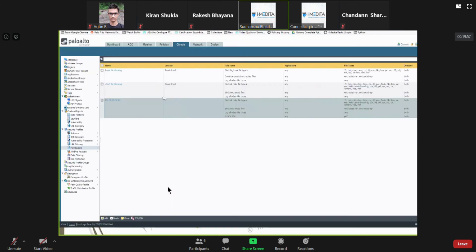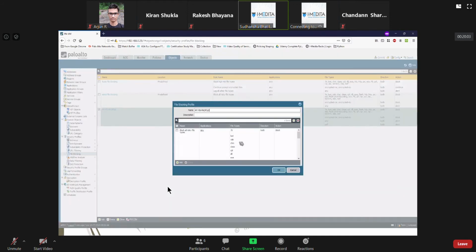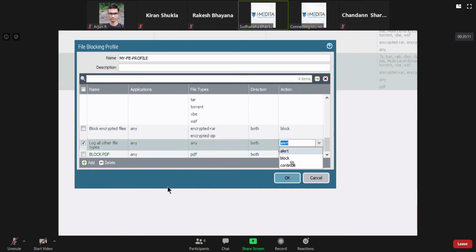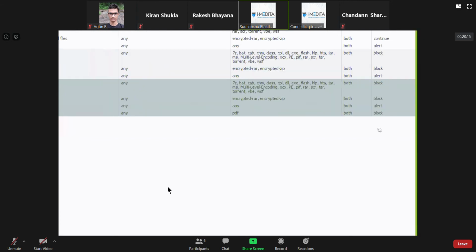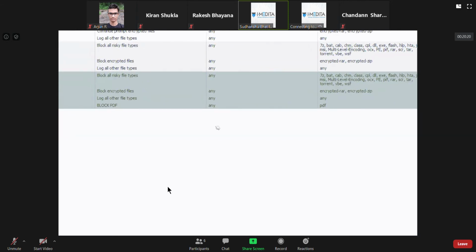So just like we applied it, we had to block it. Forgot to do that. So yeah, this is a name. Just naming it block PDF doesn't block it.